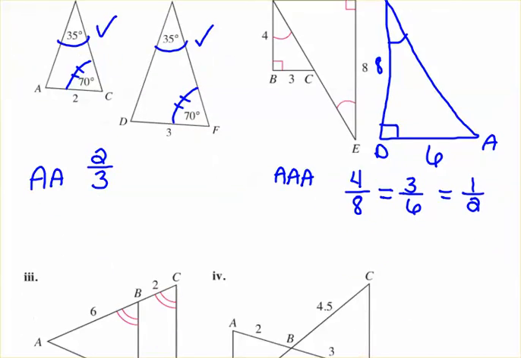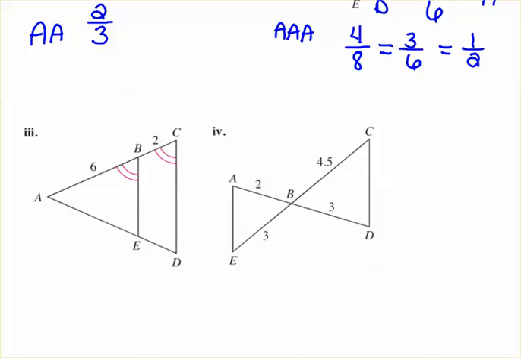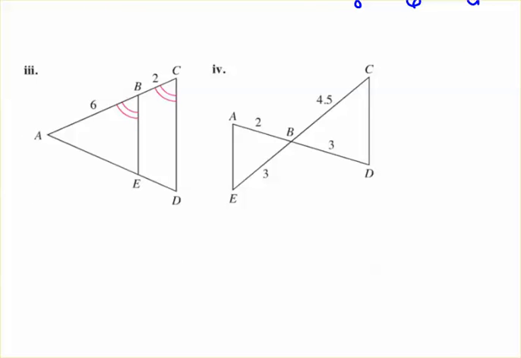Let's look at a third example here. Here we have, again, two similar triangles, and we know that they're similar because we have matching sides. Now you may not know this, but these are two sides here that are cut by a transversal. So these sides are automatically in proportion to each other. Anytime you have a triangle that is cut up like this, these lines being parallel are automatically proportional to